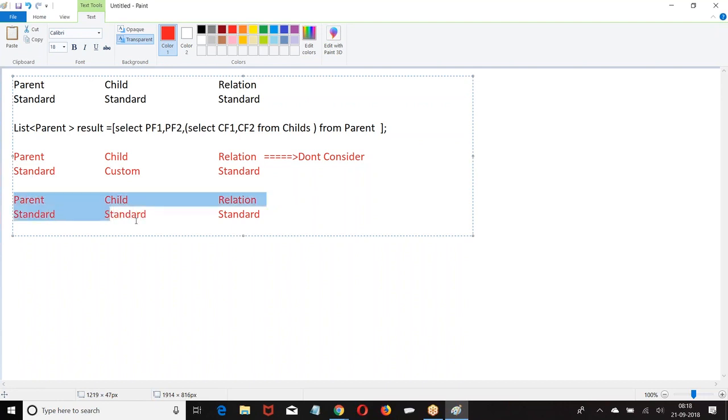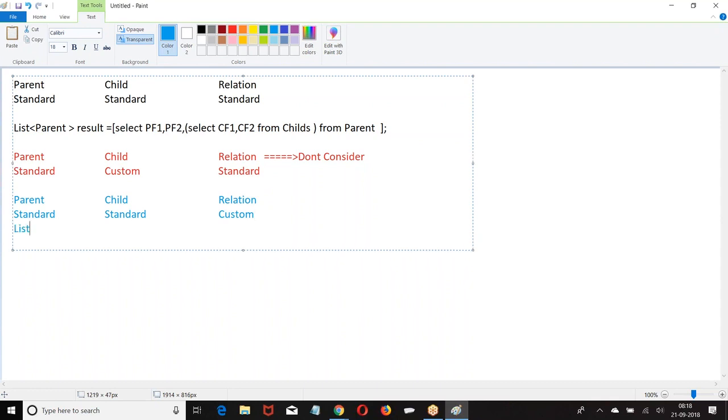Standard. Can two standard objects be connected by custom relation? Can we connect two standard objects with a custom relation? Yes. There is a case.